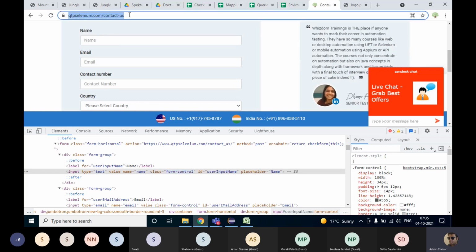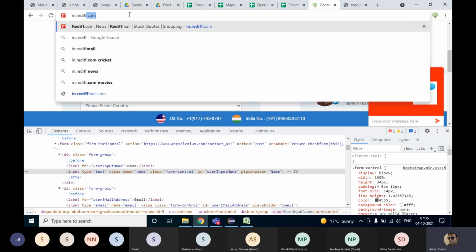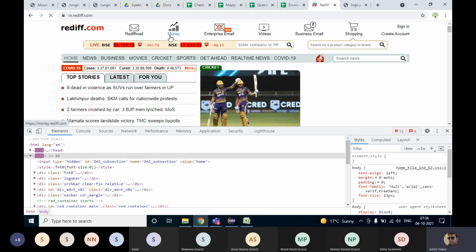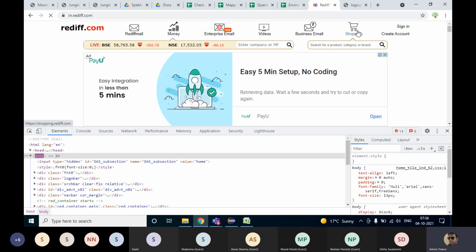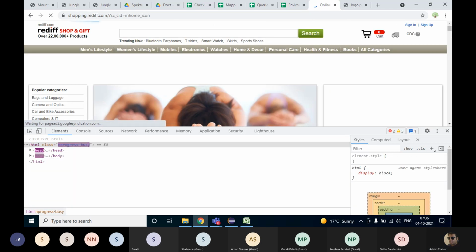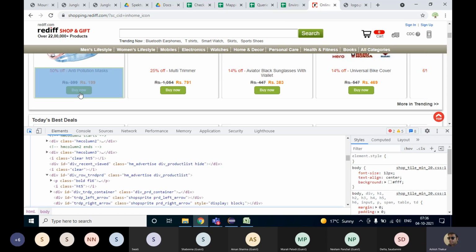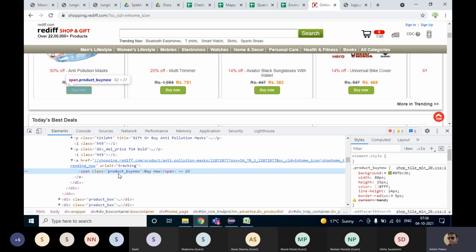For example, if I go to a very simple website like in.rediff.com and go to the shopping section, you will see that these are buy now buttons. The look and feel of these buy now buttons is the same. If I look at the first buy now button, this is a span with the class product-buy-now.